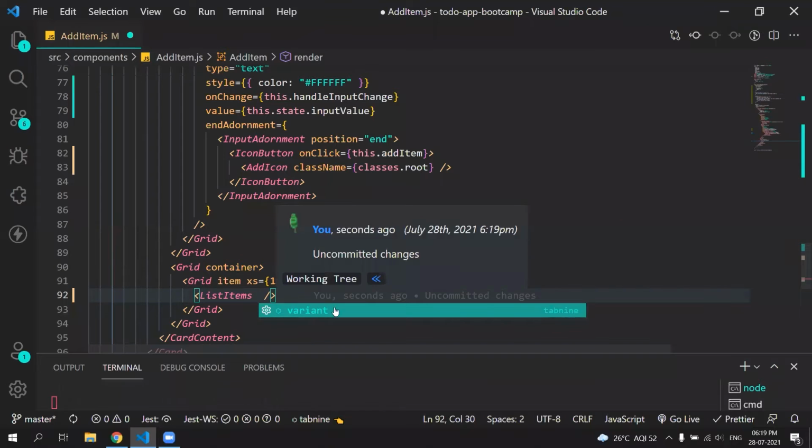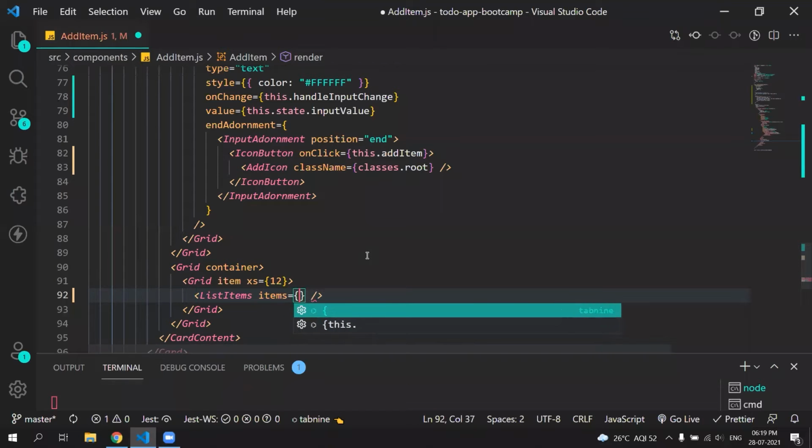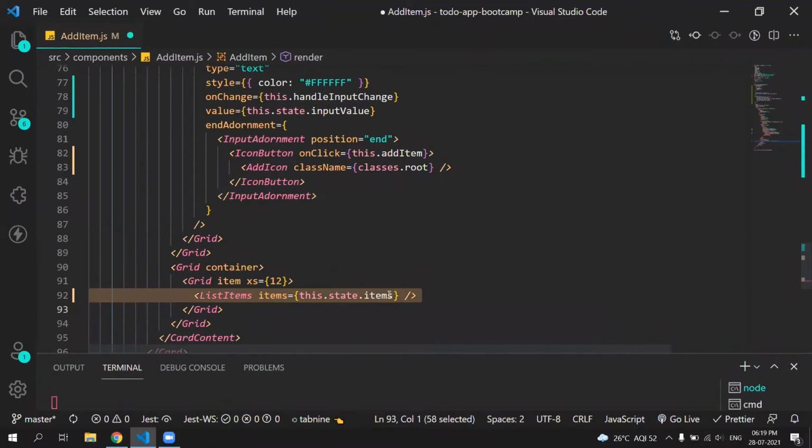So let's first pass it as a prop. Let's take the name as items, and give it this dot state dot items. This is the name of the prop and this is the value. So we are passing our state to list items.